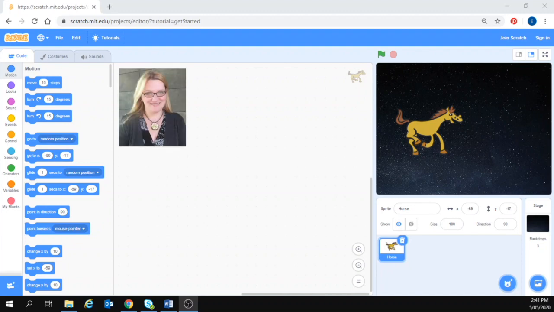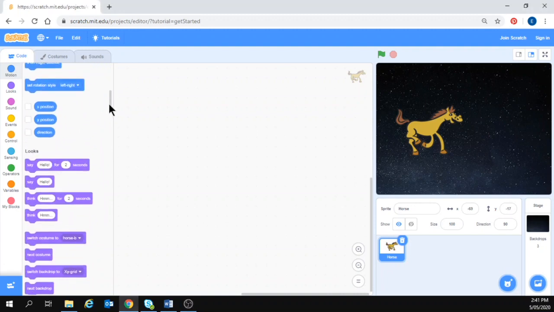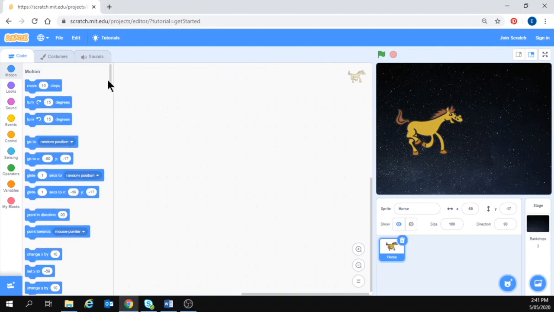Let's get our horse moving around. If you go over here to our blocks palette, this is the motions part. The blue ones are the motion blocks, and we can scroll down and see there's a few of them there. We're going to use one of these in a second, but first I need to find